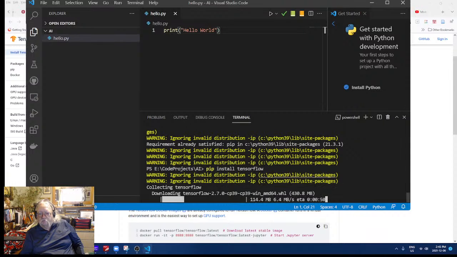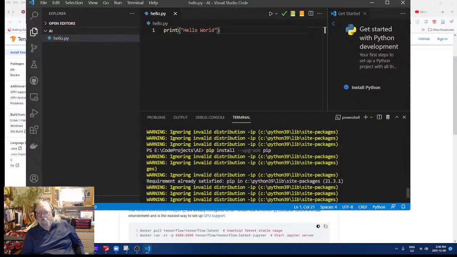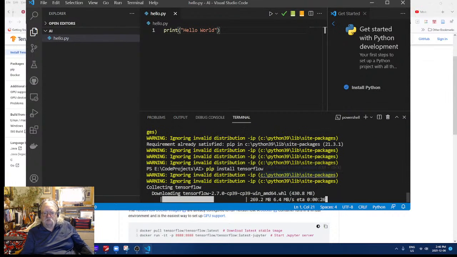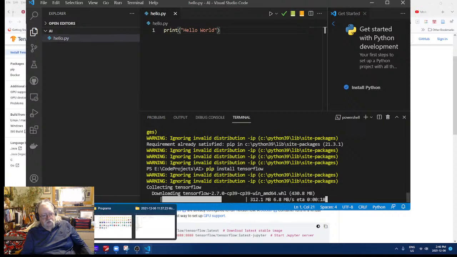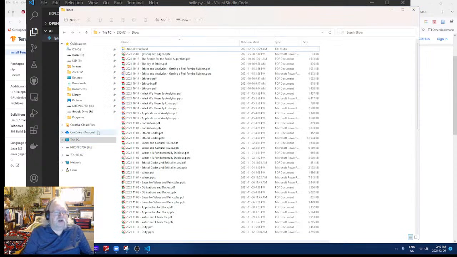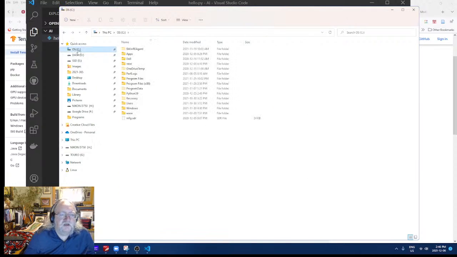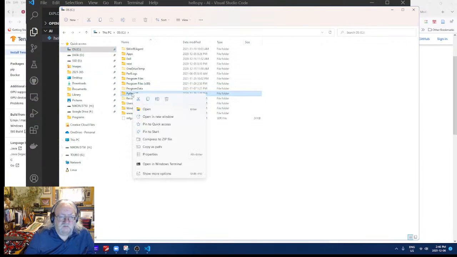Oh, there's the other Python distribution. Right. So I knew that would create a problem. So why don't I go, I hope this doesn't break anything, but I'm going to go into C and Python and just delete all of that.